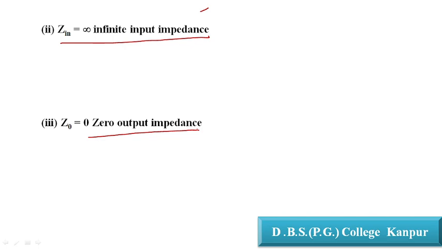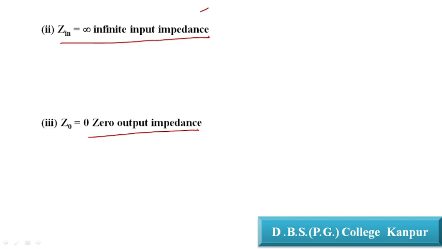अगर किसी डिवाइस का आउटपुट इम्पीडेंस लगभग 0 है तो उसका गेन जो होगा वो ज़्यादा से ज़्यादा मिलेगा. Because there is no voltage drop across the resistance. Resistance and impedance are different things. Whenever working in AC, the opposition is called impedance. Whenever working in DC, the opposition is called resistance. Okay.